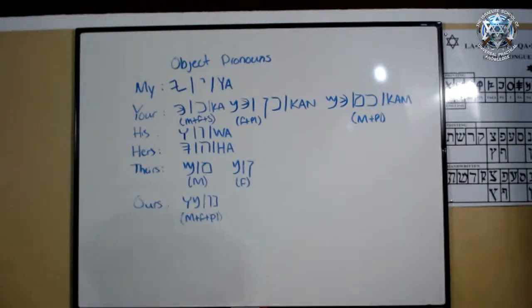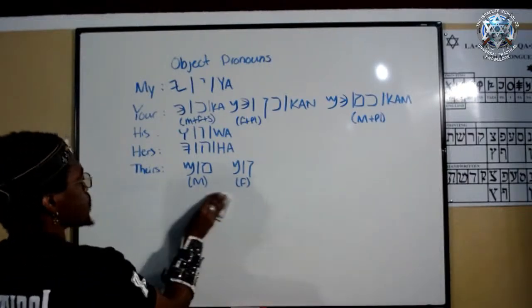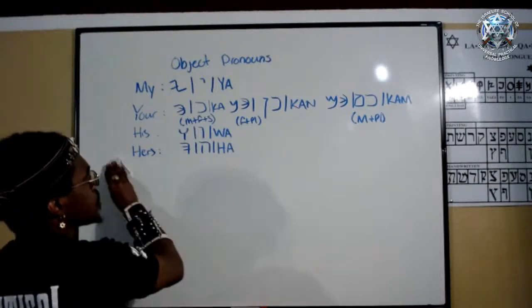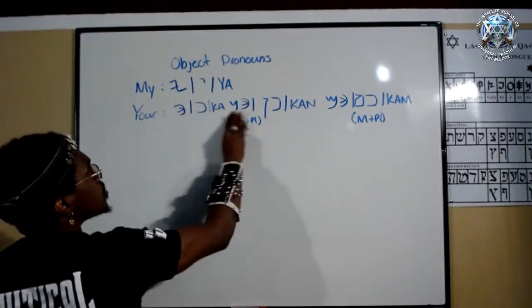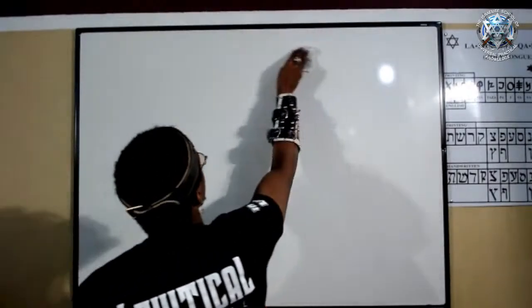All right, we back. So these are your object pronouns. Okay, one last thing before we get started. You understand? I'm going to show you